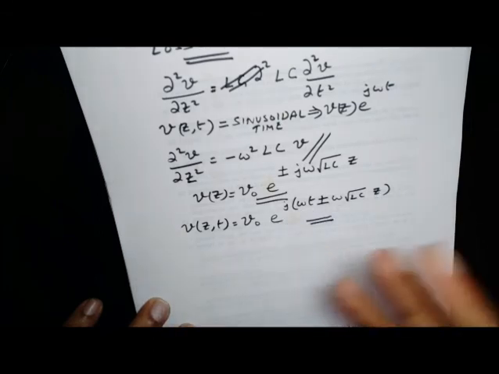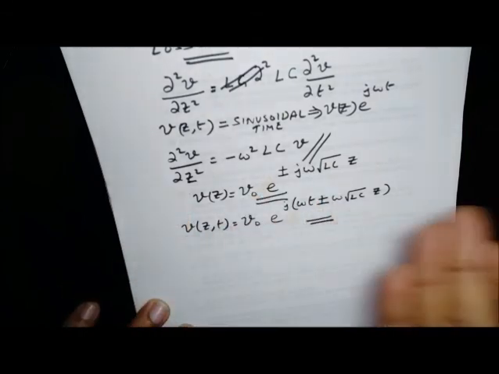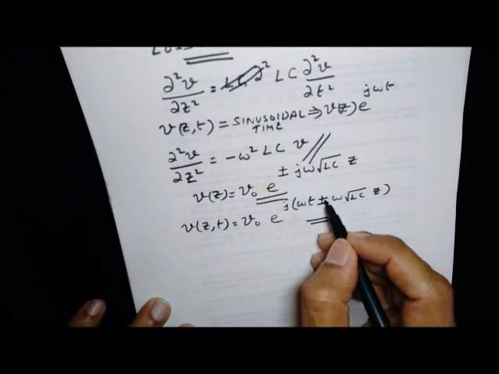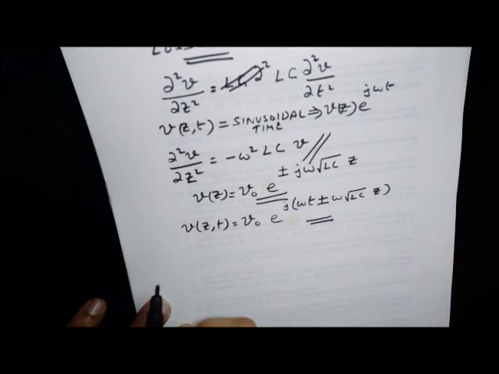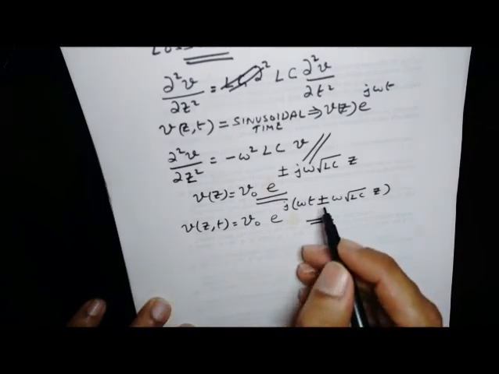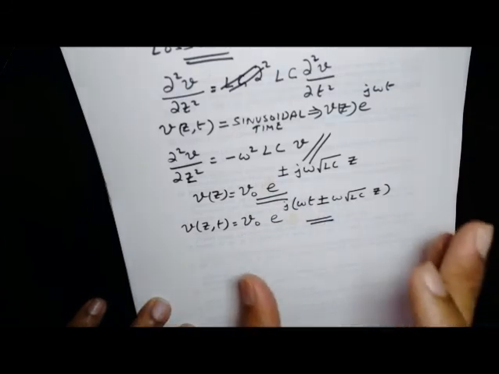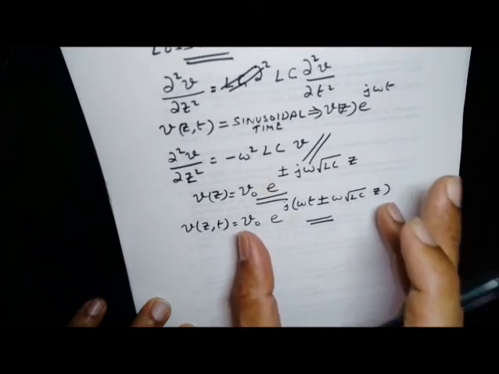Now for positive values here, this represents a wave which propagates in the negative z direction. Please recall that we have assumed our transmission line to be aligned along the z axis for ease of discussion. So whenever this is plus, it is a wave propagating in the negative z direction, and when it is minus, it is a wave propagating in the positive z direction. We know this from our discussions on uniform plane waves.